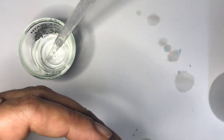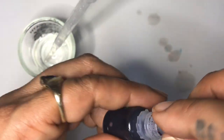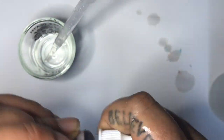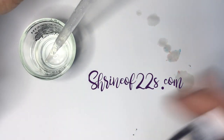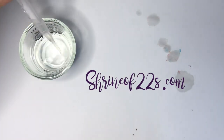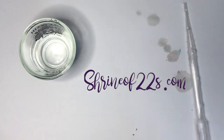Yeah, so that's it. You just put the little dropper part back in, cap it back, and shake it up, and yeah, that's pretty much it. That makes it for you. You'll see I'll put a couple drops in this hot water